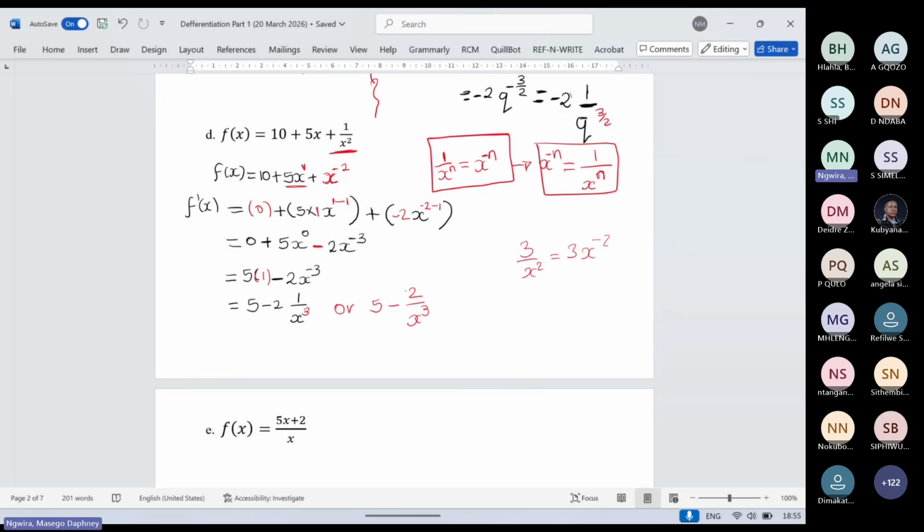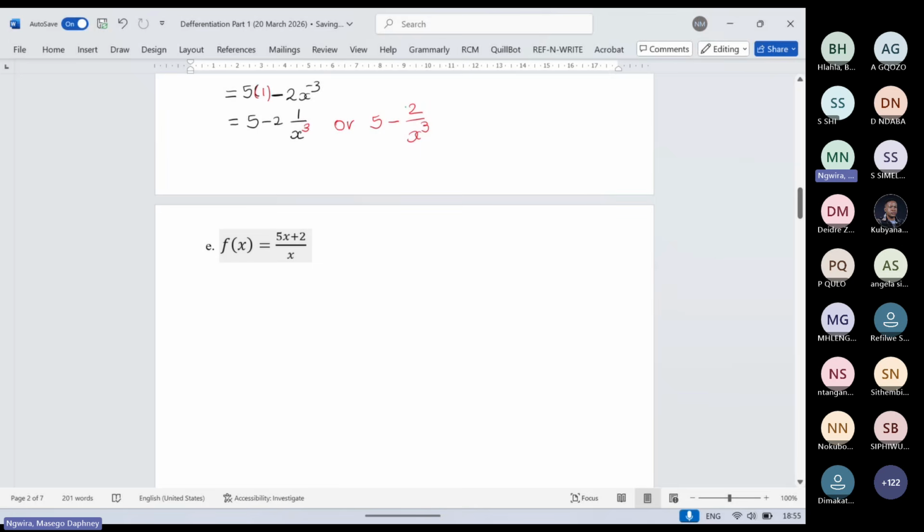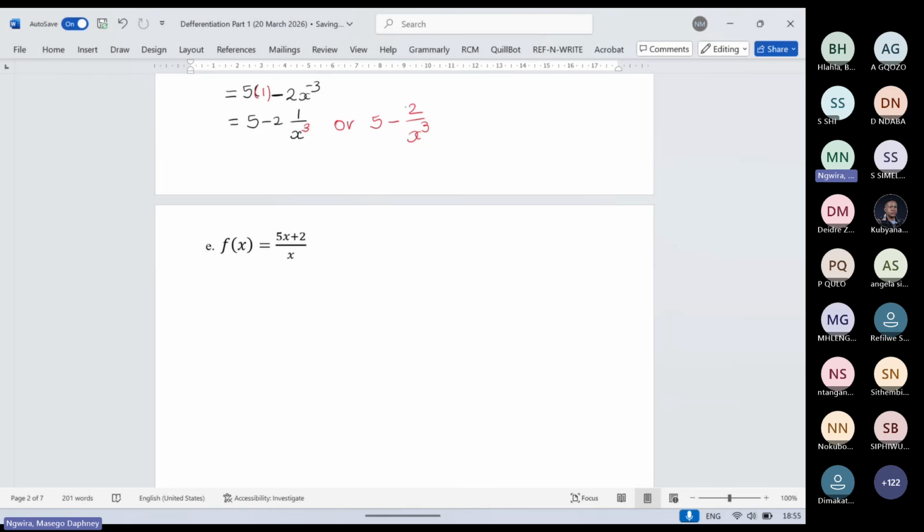All right. Let's move on to E. I said you cannot differentiate if you don't have a power. In this case, we don't have a power. We even have a fraction that looks like this. So what we're going to do is solve this first. Every time you have a fraction like this, one number at the bottom and two numbers at the top. In maths, this is the same as f of x is equals to